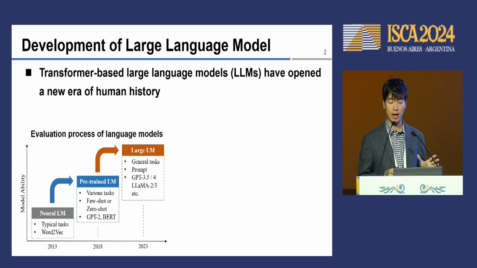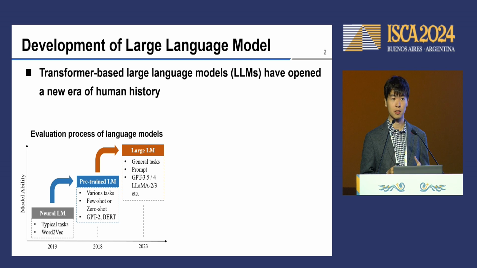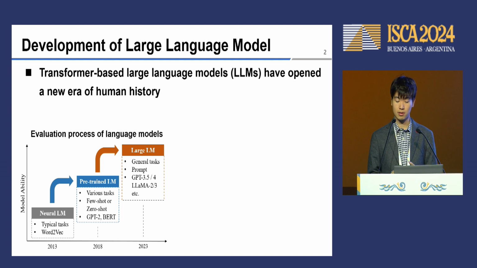If we take a look at the development route of language models, at the very beginning, it can only solve specific tasks using word2vec. And after the proposal of transformer, people can use pre-trained models to solve various tasks, like filling the sentence, translation, sentiment analysis, and so on. And in this area, GPT-2 and BERT are typical models. And after several years of development, we went into the area of large language model, which can solve general and